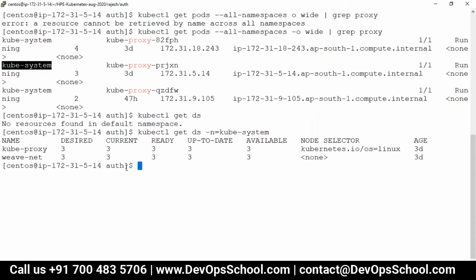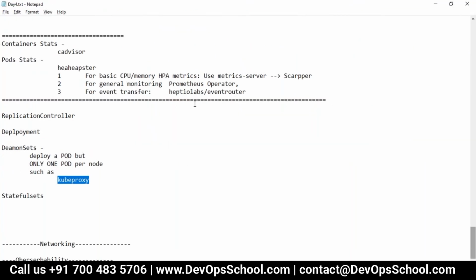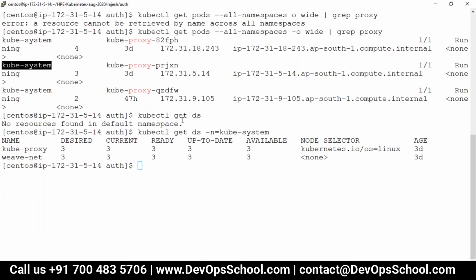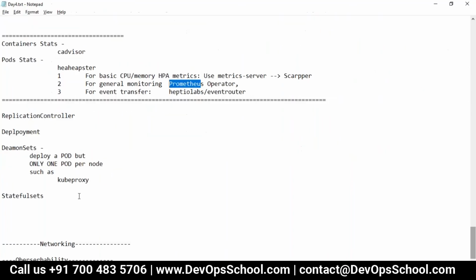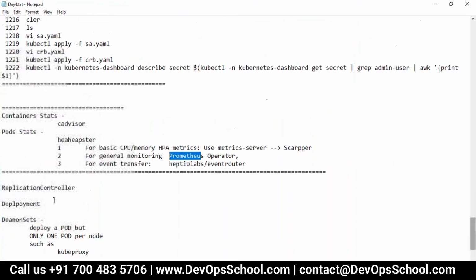When you install the metrics server, you get one pod as storage, and the remaining pod is a scraper to scrape the different endpoints. If you want to install the Prometheus agent exporter as a pod, Prometheus being a monitoring solution, then you will have to use kind equal to DaemonSet.